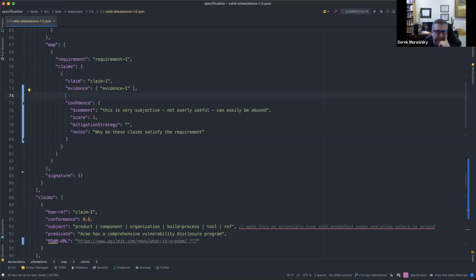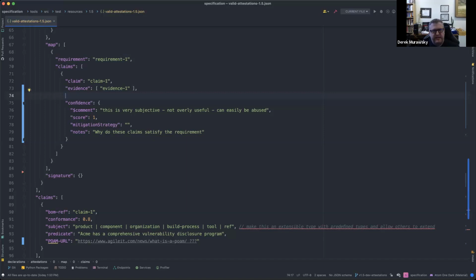We definitely thought that we needed multiple claims to be able to support a requirement, because some of them are very generically worded. And I think at the time we were envisioning having the standards and the attestations as one big thing. That would have made sense back then, because you could have a claim for multiple standards. But we've now said that we're going to separate these two things out. They don't have to be, but they can be.